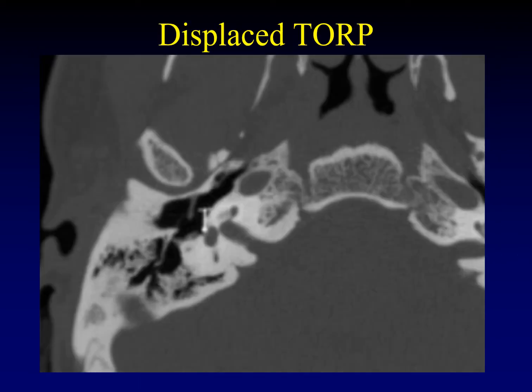Here's what happens when a TORP gets displaced. You can see that it still has a thumbtack configuration, right? It's got a broad head and it comes to a point, but the head is supposed to be sitting on the tympanic membrane, and it's fallen away. The footplate is still right where it belongs, but it's not going to do much good if it's not connected